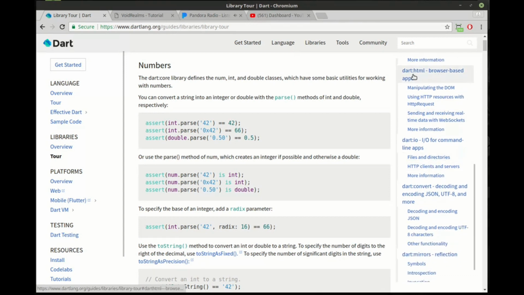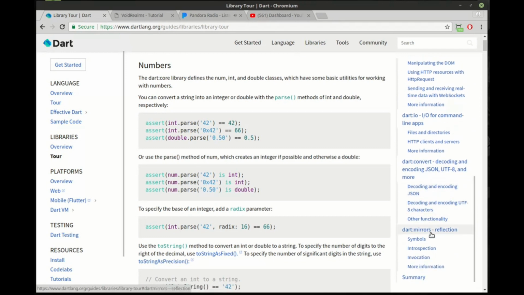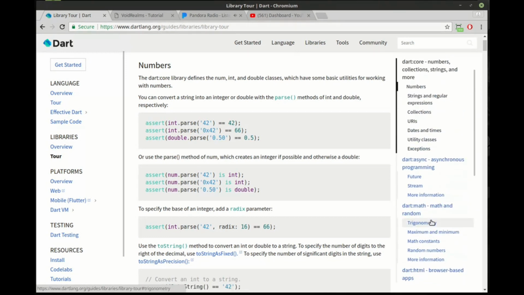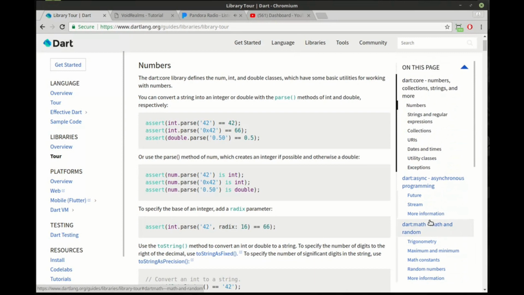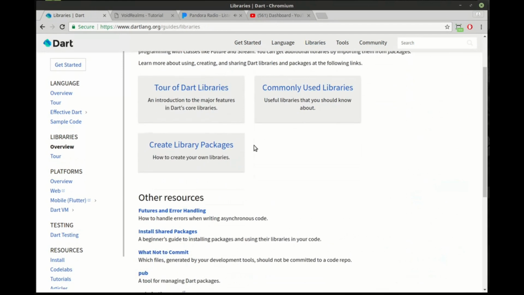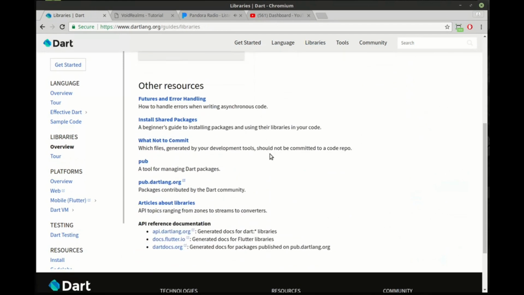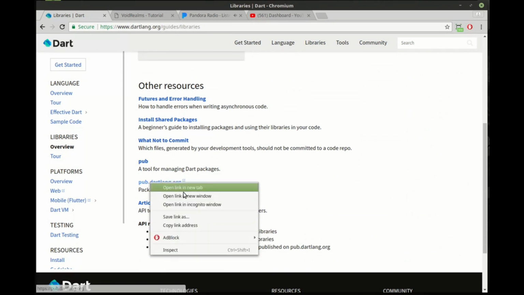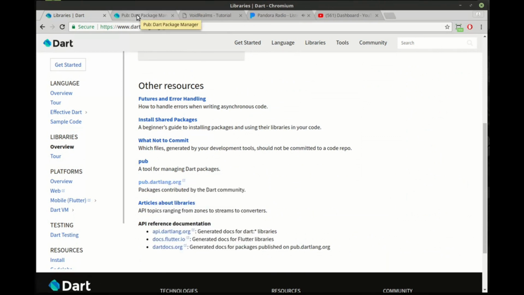One of my favorites is they have browser-based apps. They have I/O, they have conversion, and they have mirroring, which is reflection. So it's really nice to have this right in the library itself, so you don't have to go and get something external. However, back here, you should be aware that you can actually make your own, and you can publish it out on this thing called